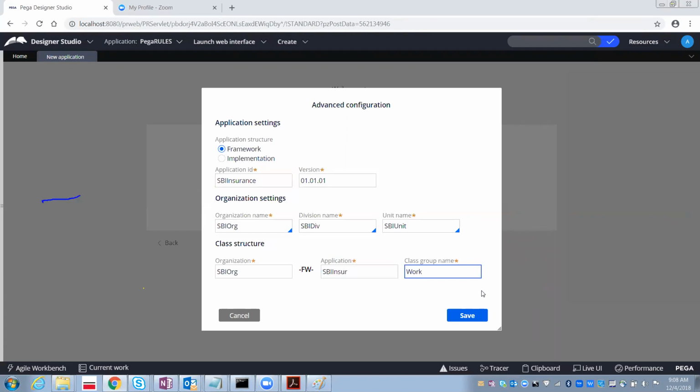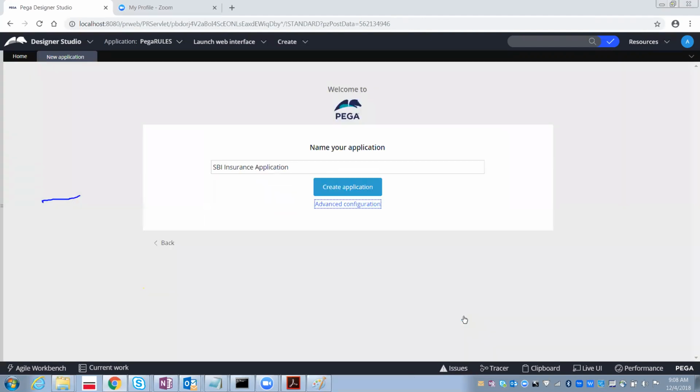Class group is a collection of the classes which is going to save all the classes' instances into one database table. It will act as a parent class for all the child classes. Then you can create and save.